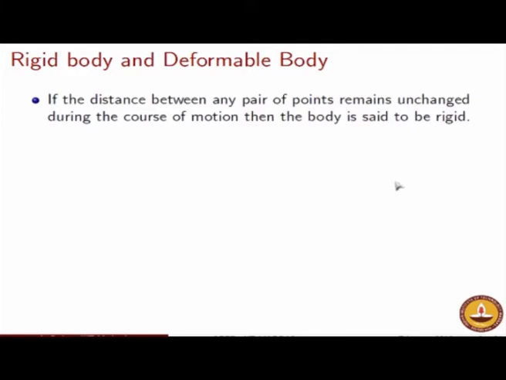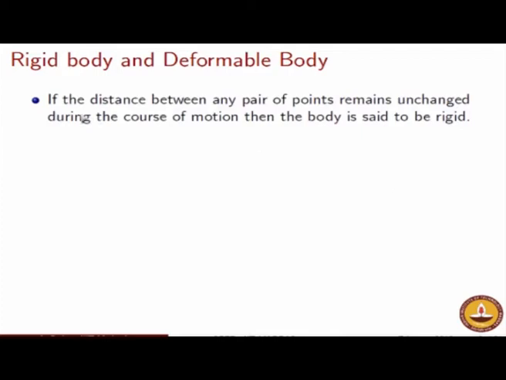Now coming back to this motion of a rigid body. Again, you will keep hearing in the course of your engineering curriculum the usage of these two words, rigid body and deformable body. Again, it is very crucial to understand the distinction between these two terminologies. A rigid body, which again is a sort of idealization, but let us try to understand how a rigid body differs from that of a deformable body.